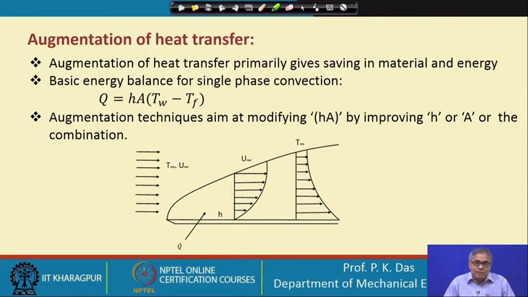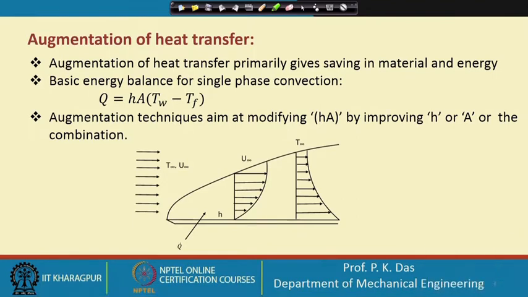So, whatever normal heat transfer is there, we will try to enhance the rate of heat transfer or augment the rate of heat transfer. This is very important, particularly for the heat exchanger industry and also for other places like electronic component cooling, heat sink design, etc. So, augmentation of heat transfer or enhancement of heat transfer is a very special topic and a very useful branch of heat transfer in general.